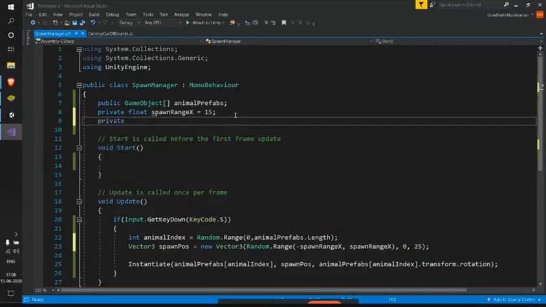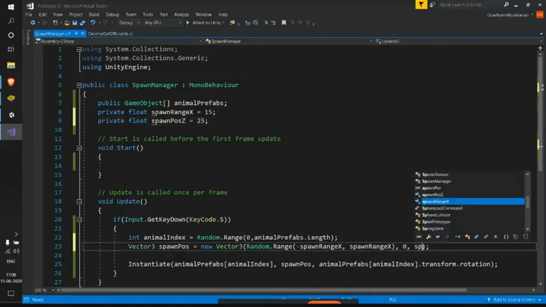For z also, let's create a private float spawn position z. Now it's fixed, right? It's fixed in terms of the z-axis. So let me initialize this to 25 and use this particular variable here.